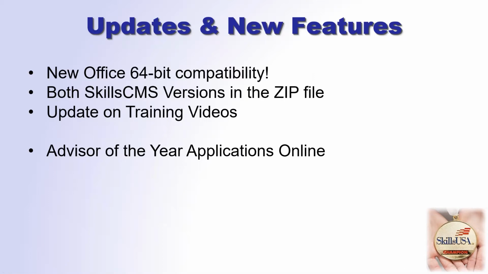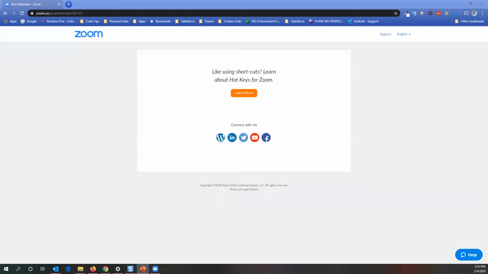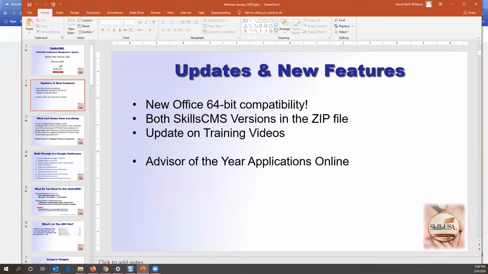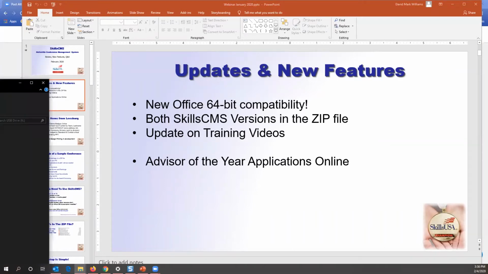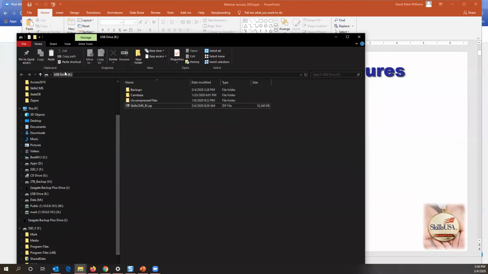I'm going to pause this PowerPoint for a second and show you what that looks like. I've got this sample I just sent to Rhode Island. This is on my USB drive. This is what a file would look like for your state conference. Josh up there was ready for his, so I zipped the data and sent it to him. If I double click to open that up and see what's in the file,